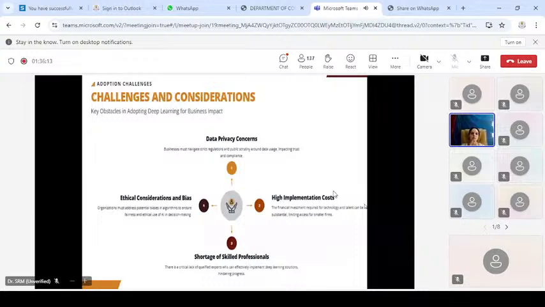So addressing such ethical concerns becomes very, very important. What organizations must do is develop and enforce guidelines to detect and alleviate these kinds of prejudices in their algorithms itself. See, techniques are there like fairness-aware modeling and regular audits. All this can help ensure that deep learning systems go ahead making proper, equitable decisions.